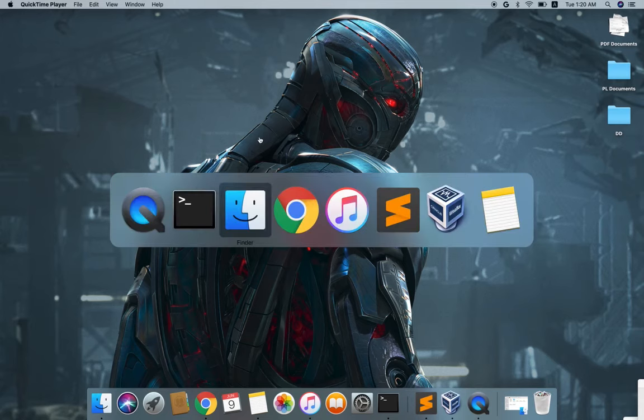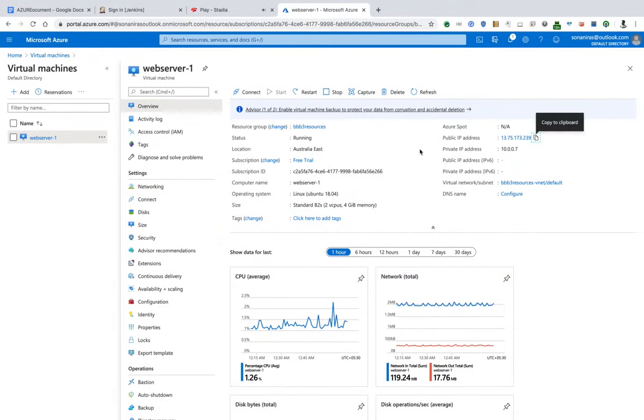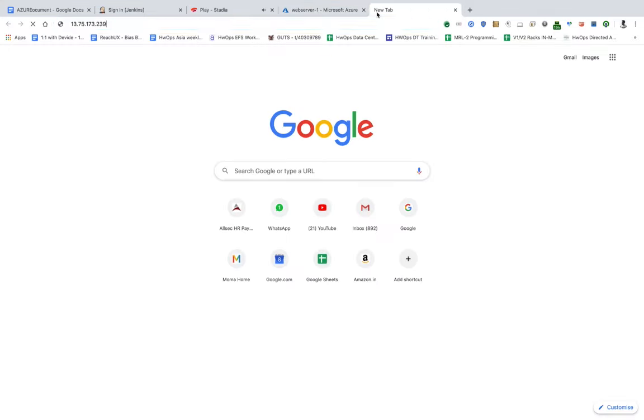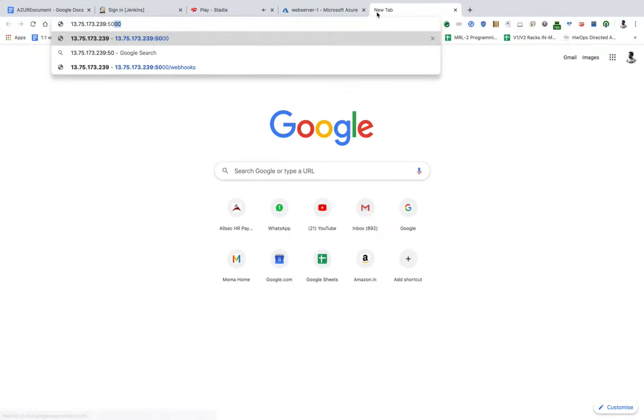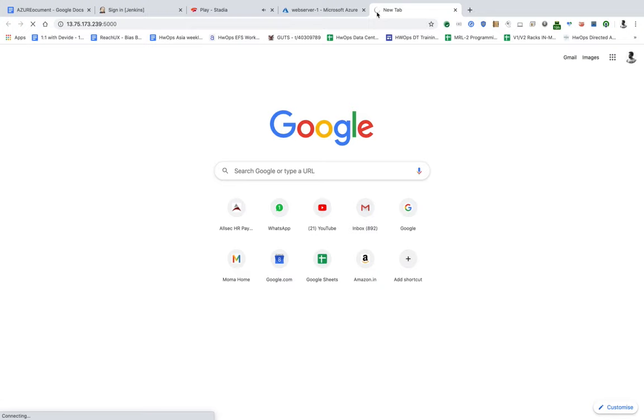I already have the public IP address of this server, as I'm using Azure cloud hosting. So this is the public IP address, and I'll put that IP address into the browser with port 5000. Yep, so we can see that the container is working fine, and in the next video I'll be showing you